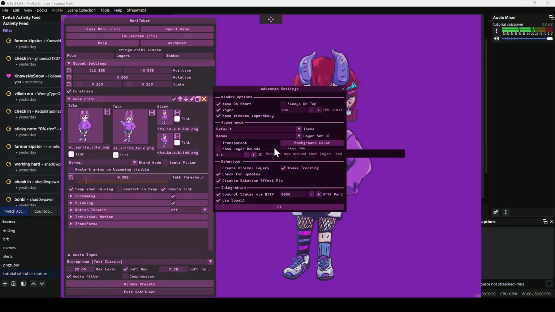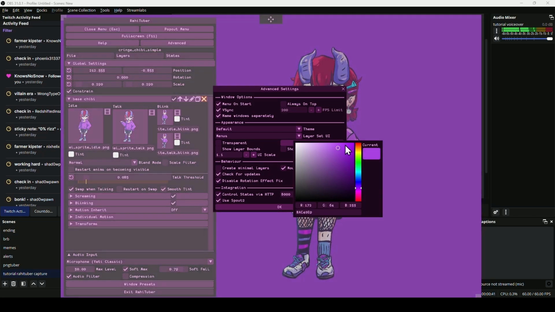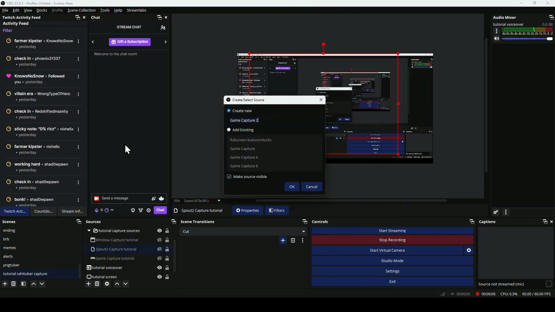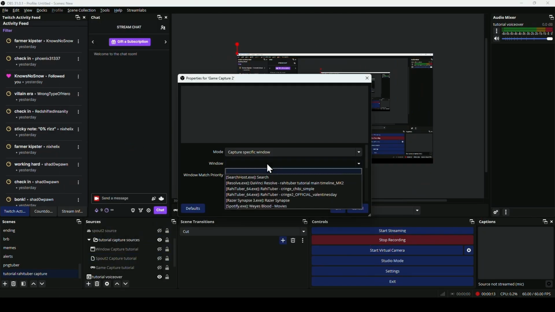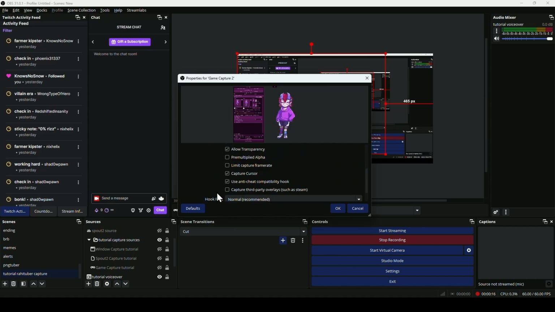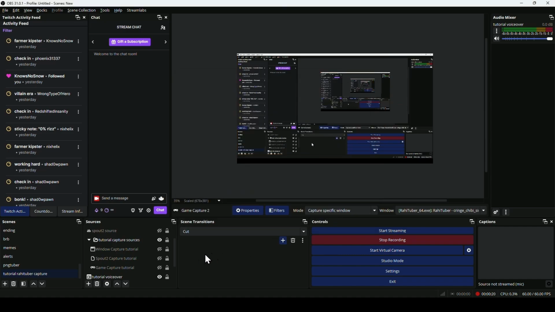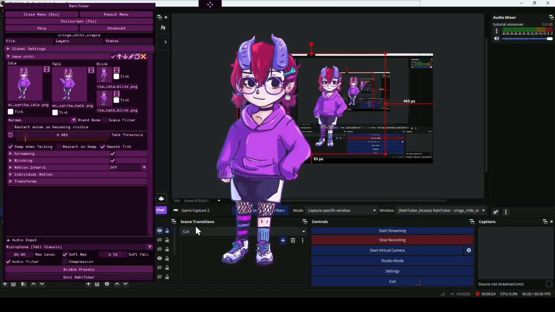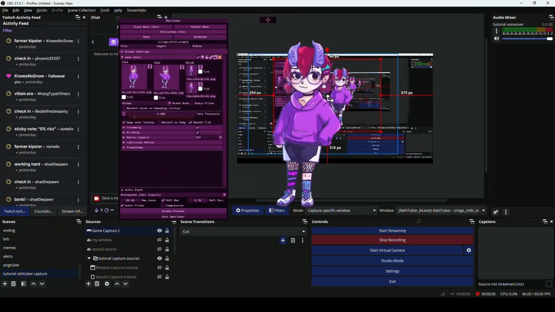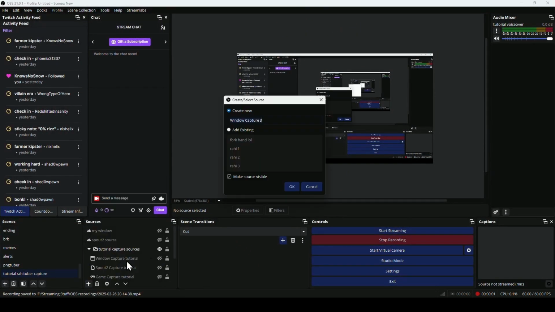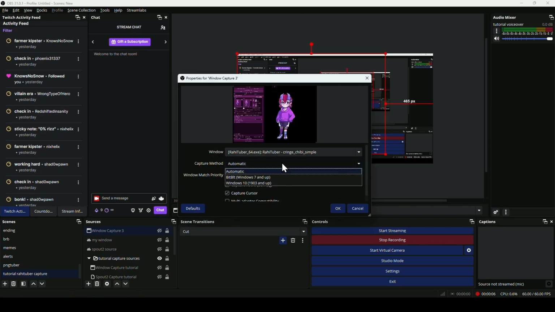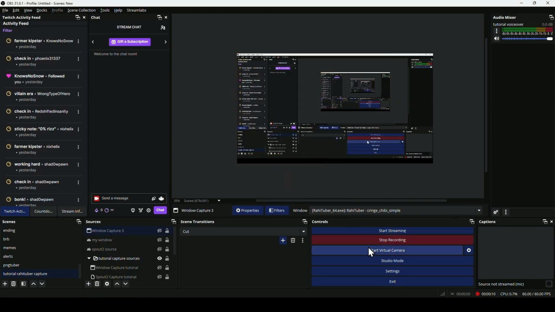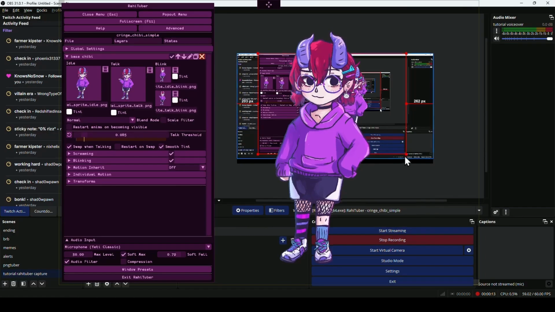Reminder, you can select transparency for RahituBer or set a background color under advanced settings. To use game capture, choose the window you want and be sure to select allow transparency, unless you intend on using a background from RahituBer instead. I might be wrong, but I personally thought that game capture looks slightly lower in quality compared to window and Spout 2 capture sources, so I don't use it often. To use window capture, choose the window you want and select the Windows 10 and up option, if you want transparency.